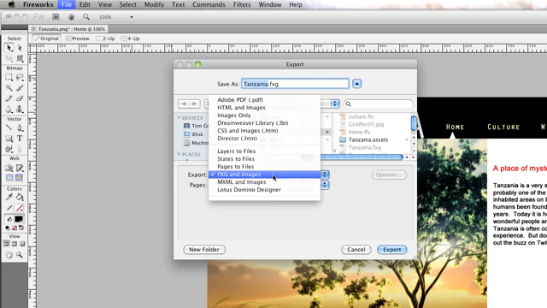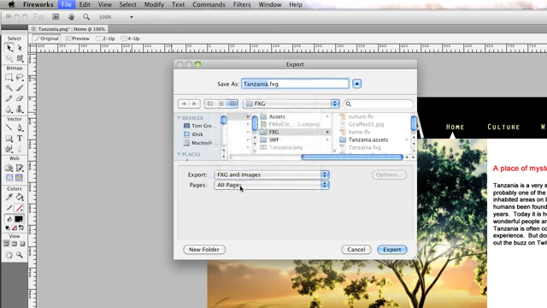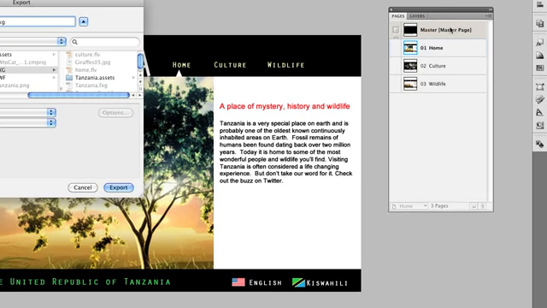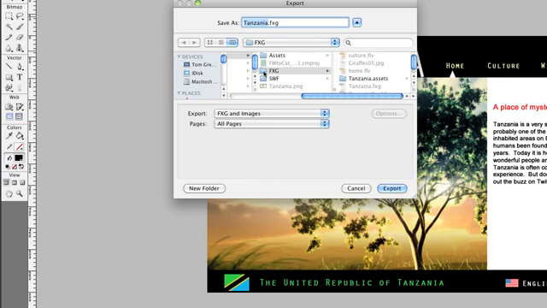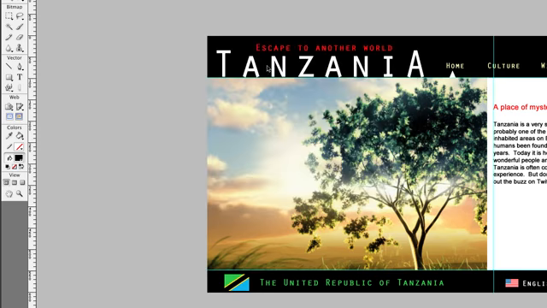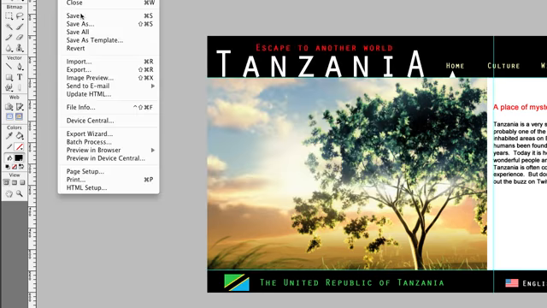So we're going to use the FXG and images, and the other thing to be aware of is all pages. Okay, you want to make sure that all pages go, and that will include the master page, home, culture, and wildlife. Now, I save these things to a separate folder called FXG, and when you click the export button, literally, this thing will just disappear. And you can then quit Fireworks,